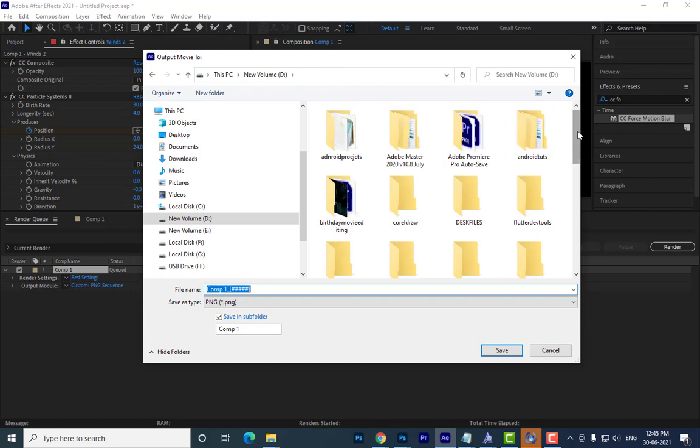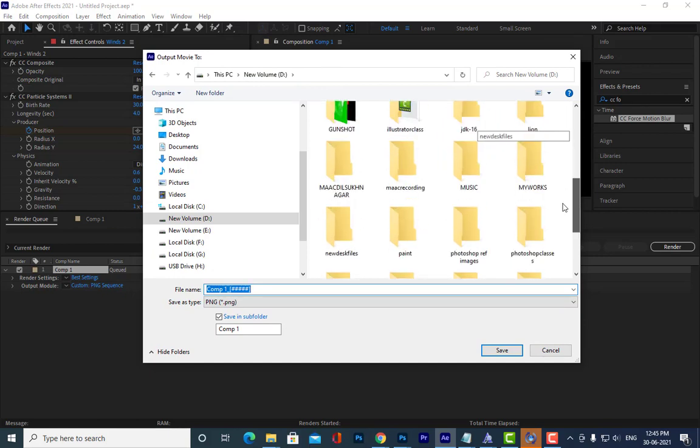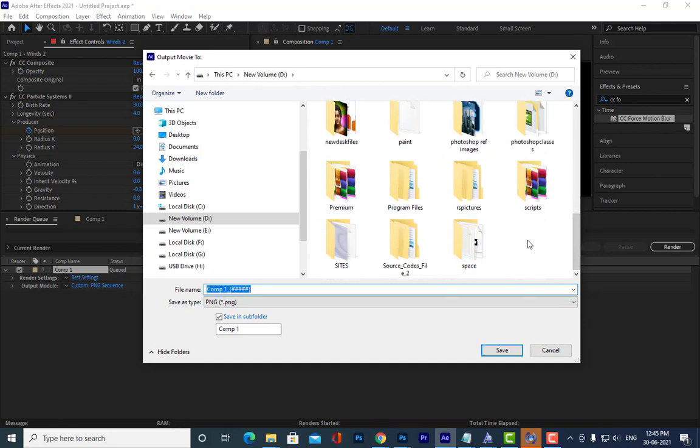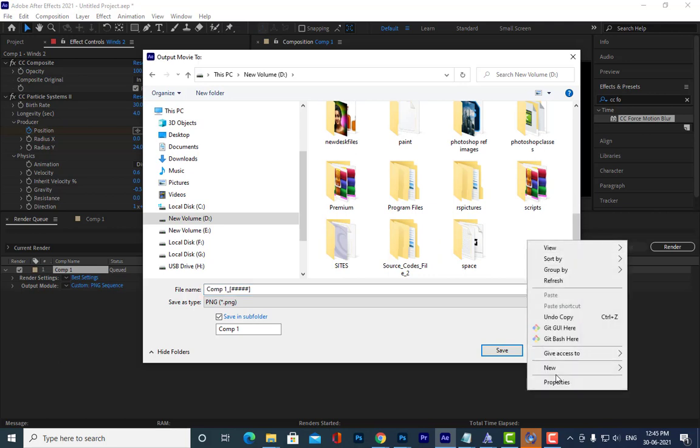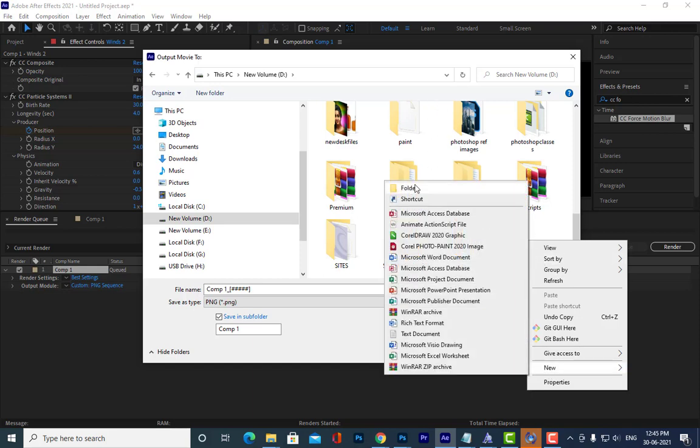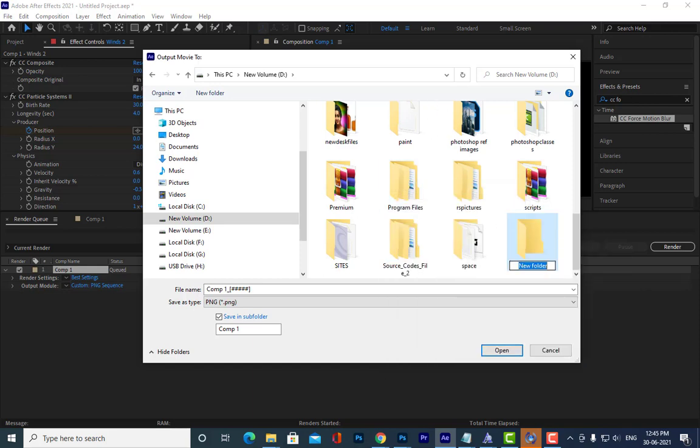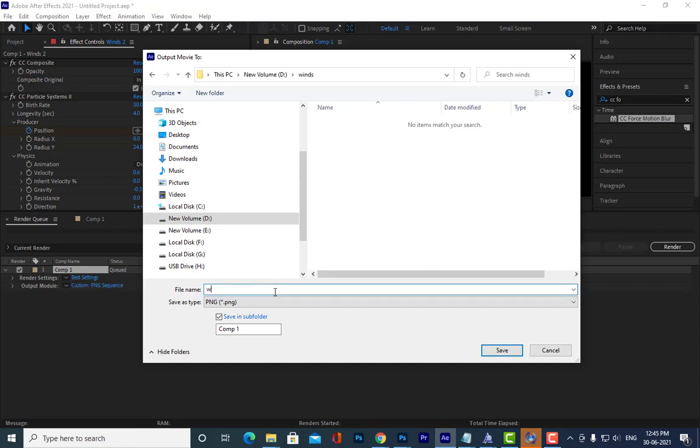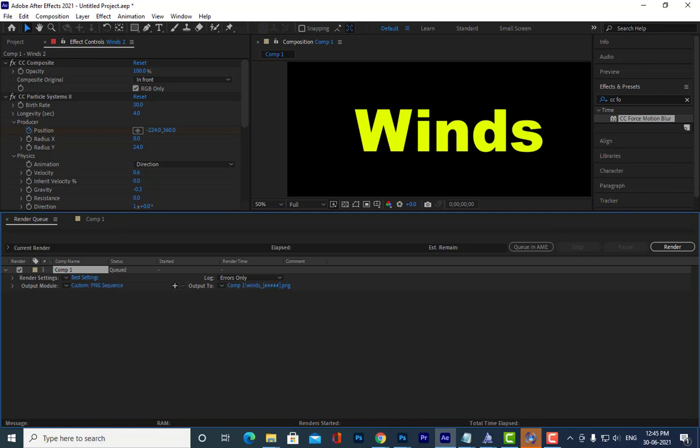Okay, here in D drive I'm going to create a folder. Okay, and then we'll say wind. Okay, then I will save it in this folder. Okay, winds. Okay, and then simply click on this render.